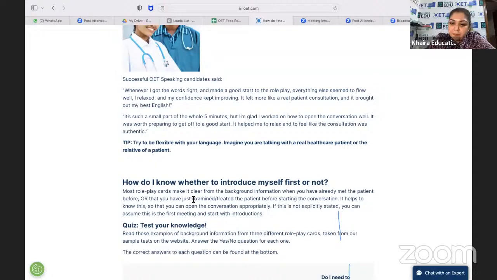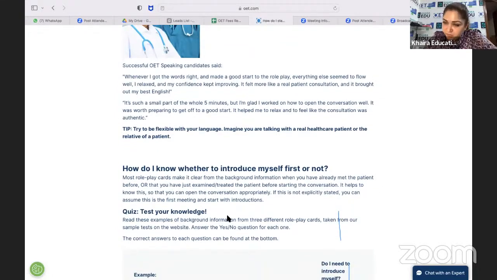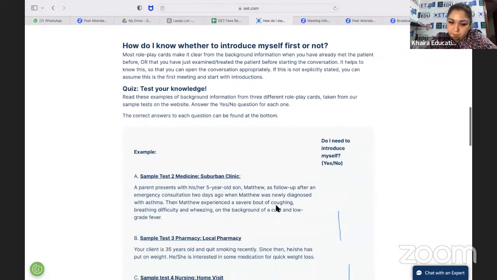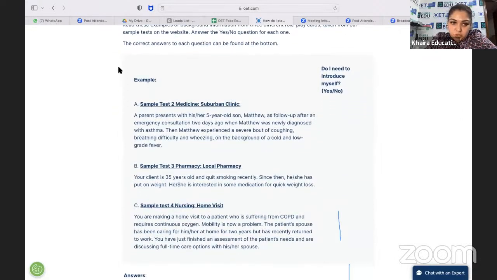And if you've examined also, obviously, if this consultation has gotten to that stage where you've examined the patient, the introductions are likely to have happened prior to the examination. So if this is mentioned in the role play card in the background information, then you don't need to introduce yourself. For example, I would want you to read